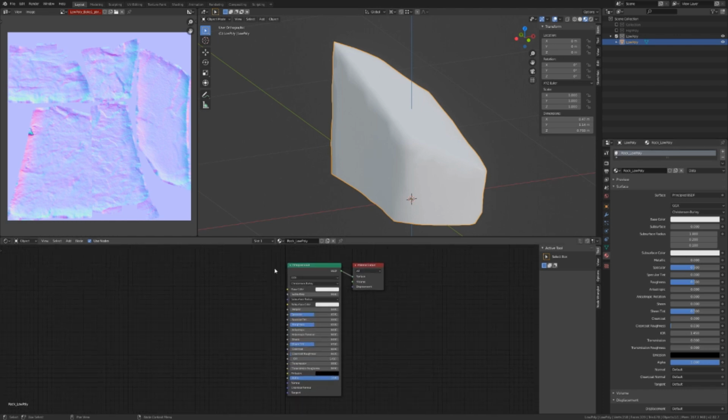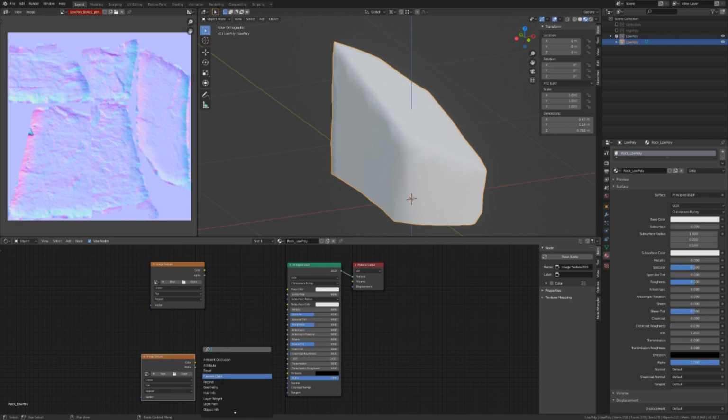So I'll do that right now. We'll just duplicate this. And we need to make sure that we put a normal map node in there,